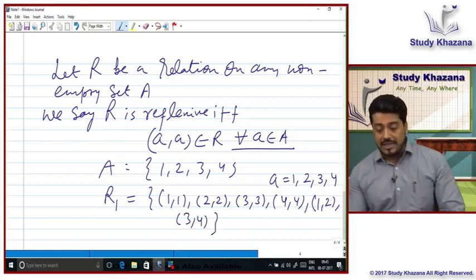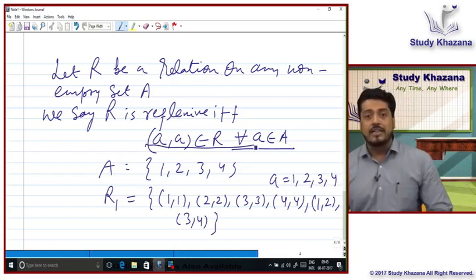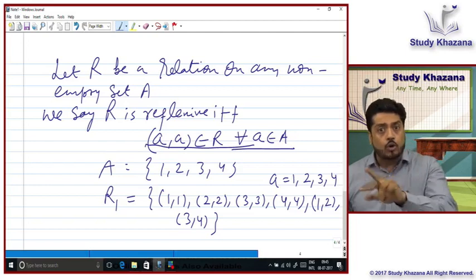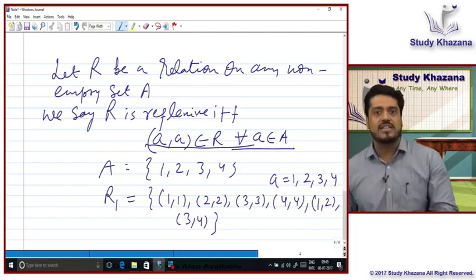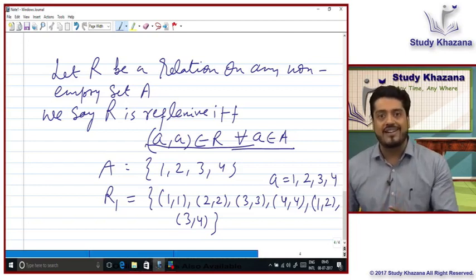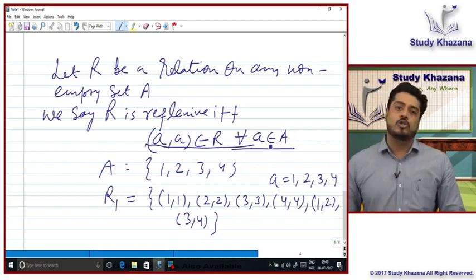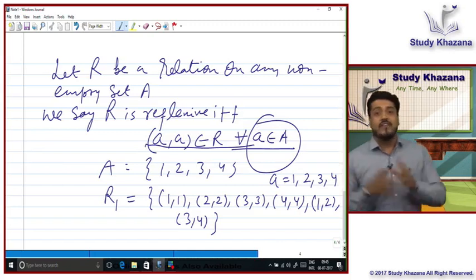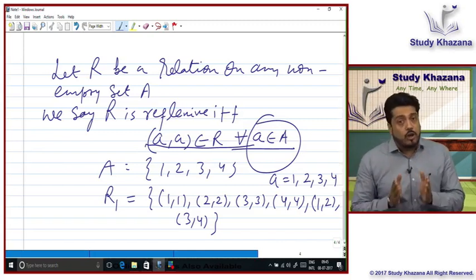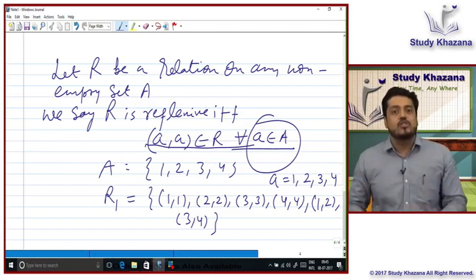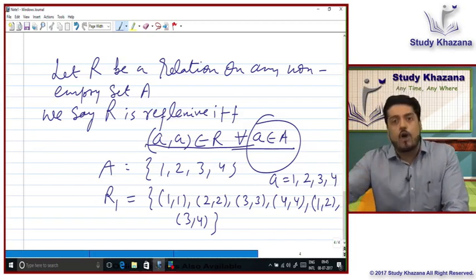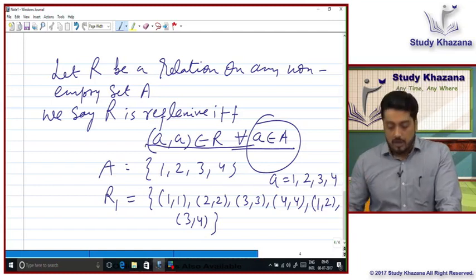Why? Because of the necessary condition which I have written, that all the ordered pairs of the type (a, a), where both coordinates coincide, first tuple as well as second tuple, must belong to the relation for every a belongs to A. This "every" is very important, beta. The most important point is for every a. That means if I want to disprove that the relation is reflexive, I need only one a for which (a, a) is not a part of the relation. For example,